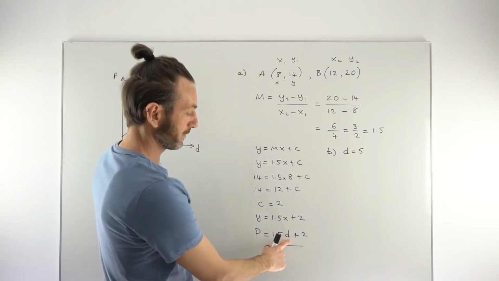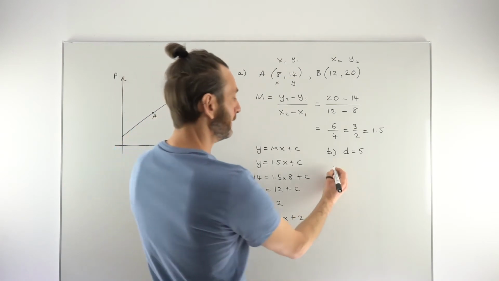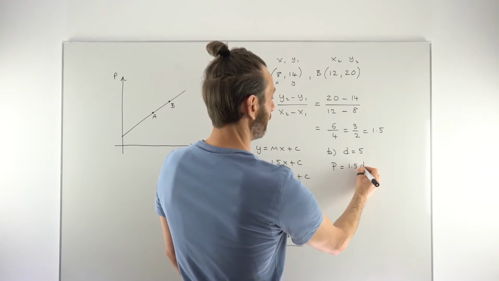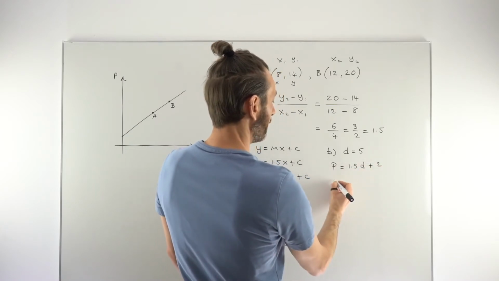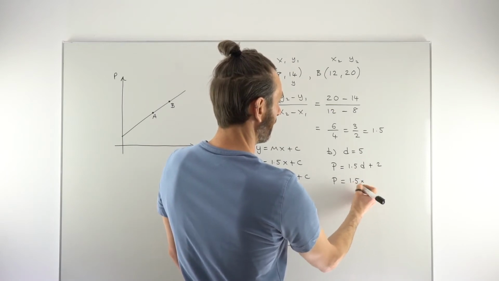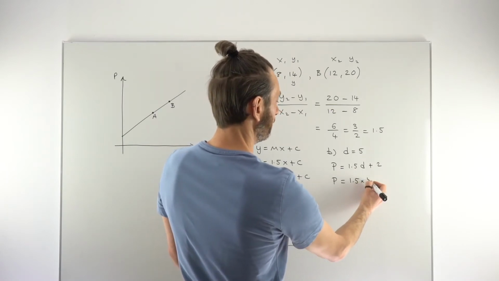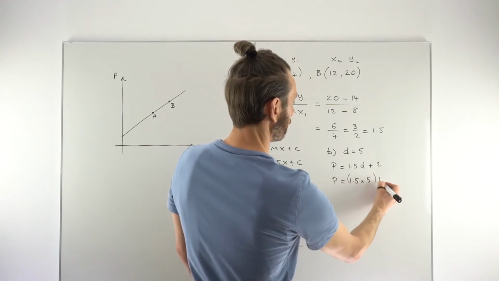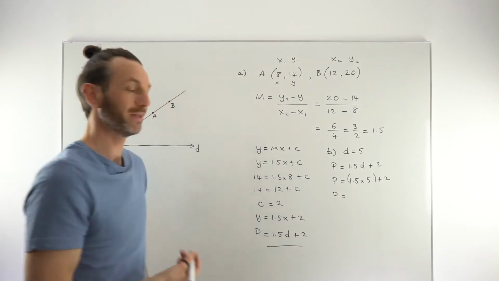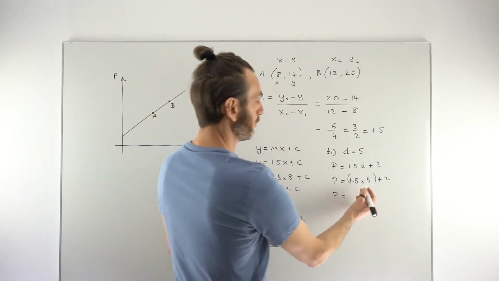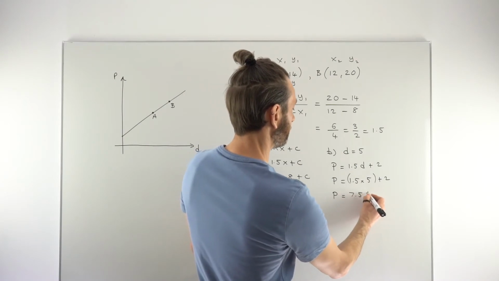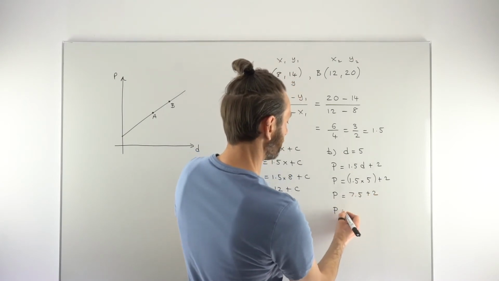So that means that we're just substituting a 5 into here. We're just taking our formula, which is P equals 1.5D plus 2, and substituting in 5 for the D next to the 1.5, so 1.5 times 5 plus 2. So this is non-calculator again, so we need to be careful with the numeracy. So 1.5 times 5 is 7.5. 7.5 plus 2, so that comes out to be